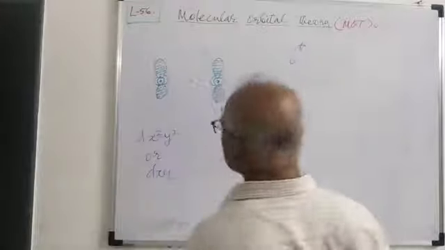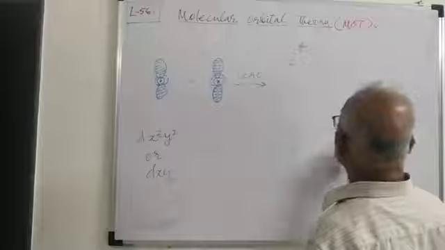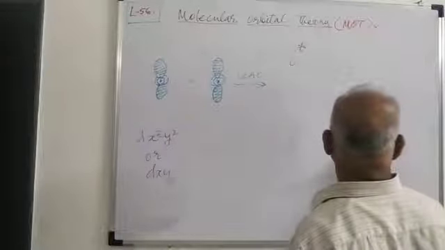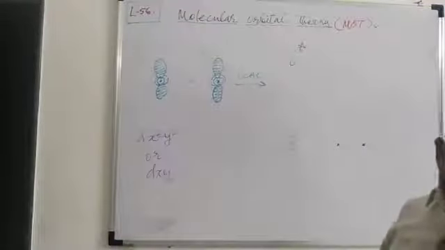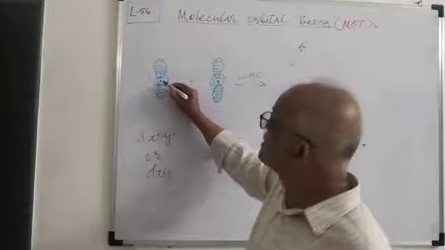So during this, you will find that these orbitals are shown in this way. So we have to consider that the front lobe that is pointing towards us